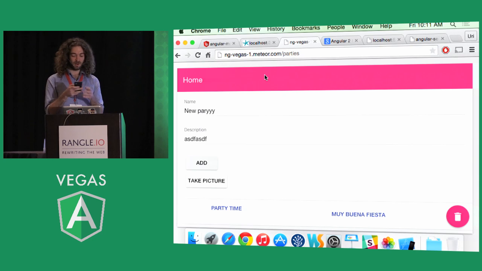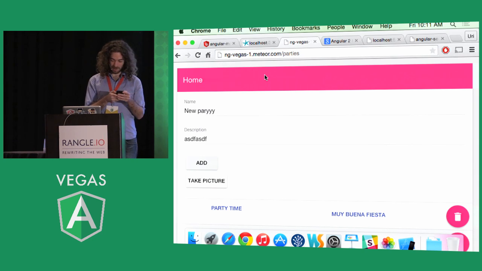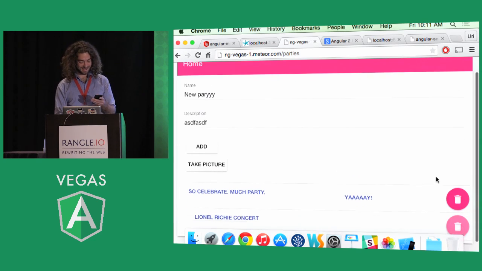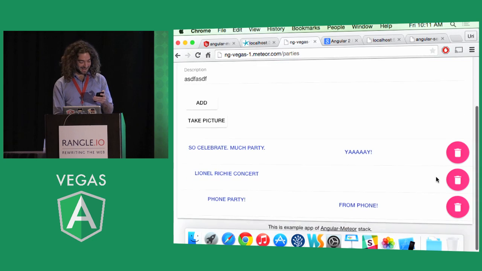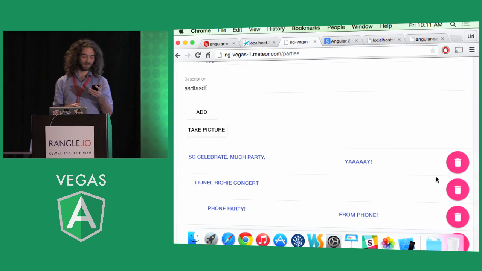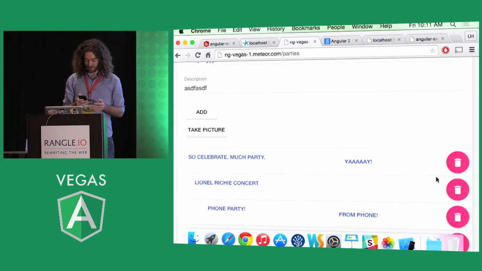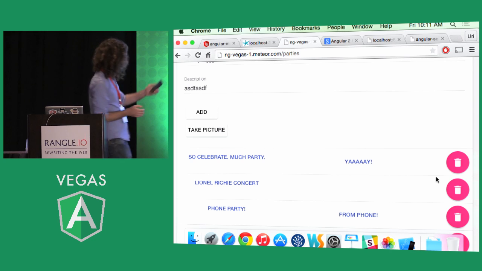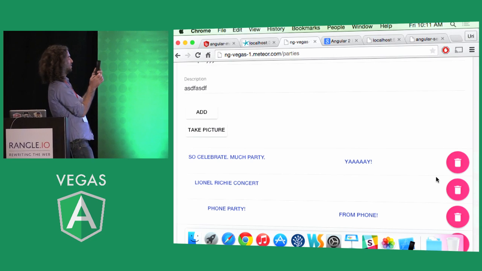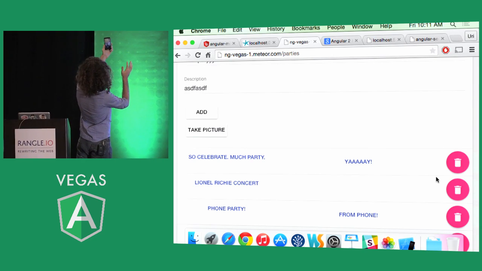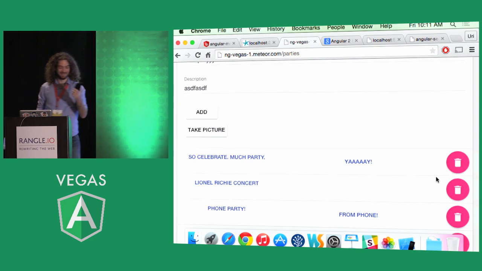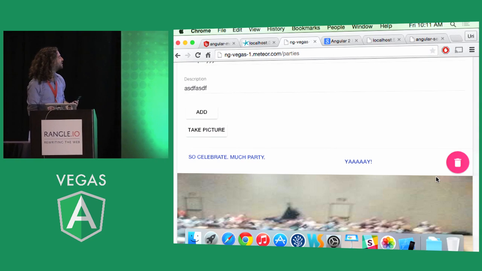But first of all, I'm going to take my phone and add a new party for my phone. So let's go here. I'm going to delete all of your parties and add a phone party. The phone party is mine, okay? From my phone. But I want to take a selfie with you, so let's do a selfie together. Oh, wait. Okay, so do something funny. And you see,